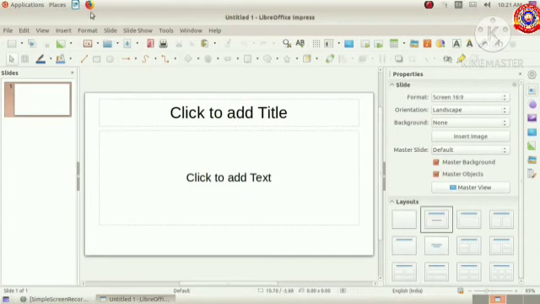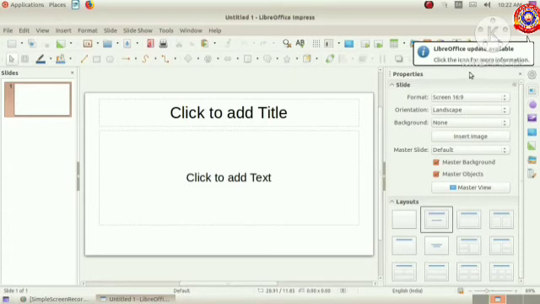This is the window of LibreOffice Impress. Here we can see the title bar. You know that title of the software is seen at the title bar. Then below the title bar, menu bar is there, and lots of tools are arranged in two rows below the menu bar. That is the toolbar. And also we can see a slide pane here.